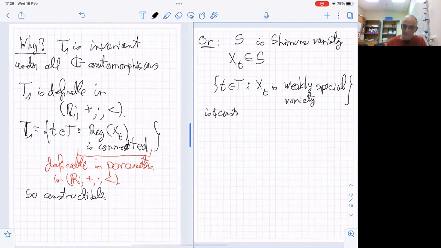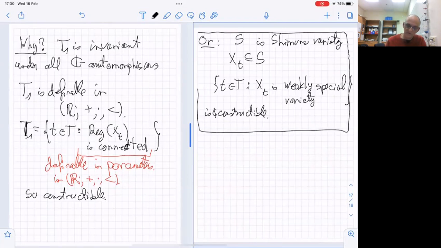See, constructible. Why? Because the setup of Shimura varieties allows you to pull the problem back up and ask questions where certain sets, the pre-images, are linear subspaces, C-linear subspaces, etc. So I'm just putting it in, and again, don't worry if all these words don't mean much to you. Just note this is a less trivial setting where you need some analytic setting in order to see that the set T1 is definable, but